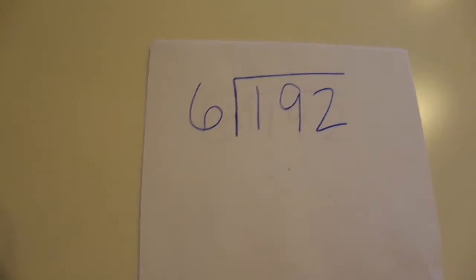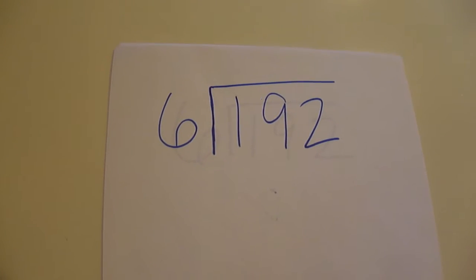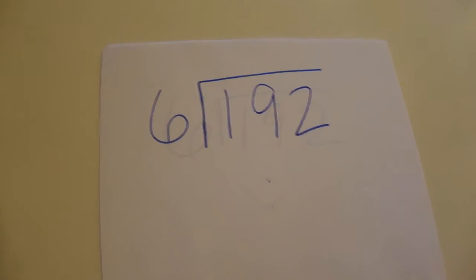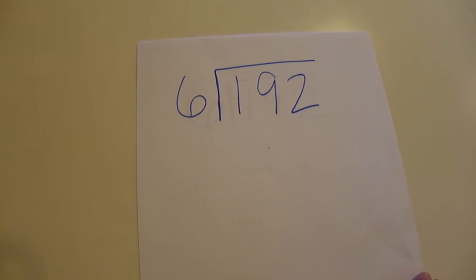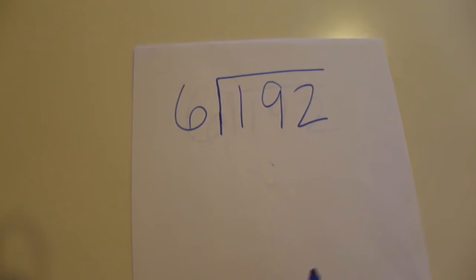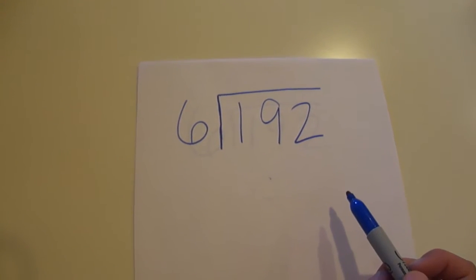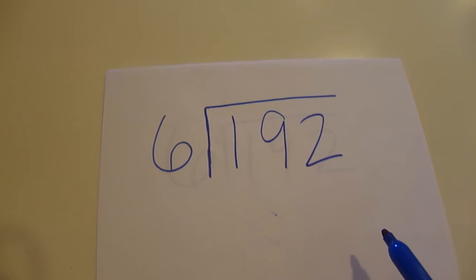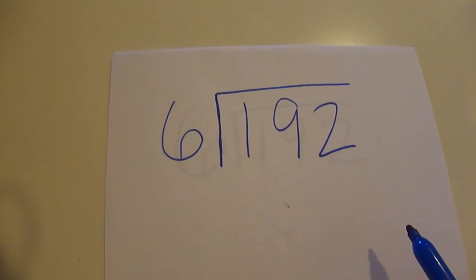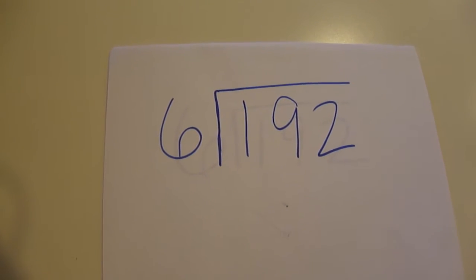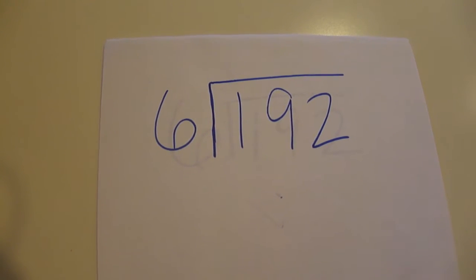Okay, this recording is for those students who want some extra explanation on the partial dividends model of division, which is kind of the new way to do division. And so we're going to start by talking about the traditional algorithm for division. In this problem, 6 goes into 192, and there is very little place value held in this algorithm. This algorithm was developed by mathematicians for people that have a really strong understanding in base 10 place value